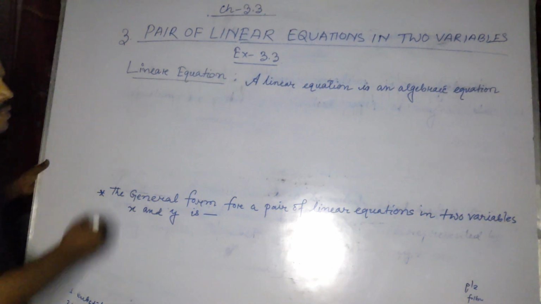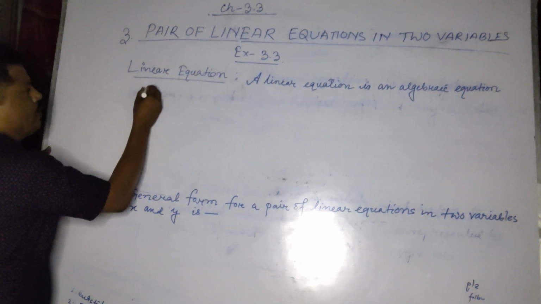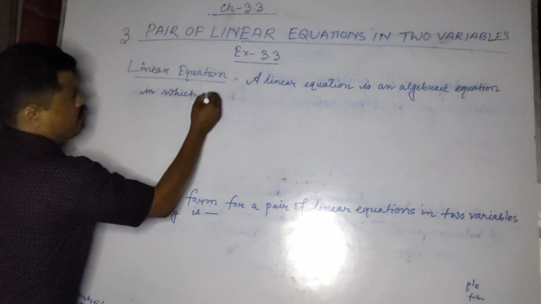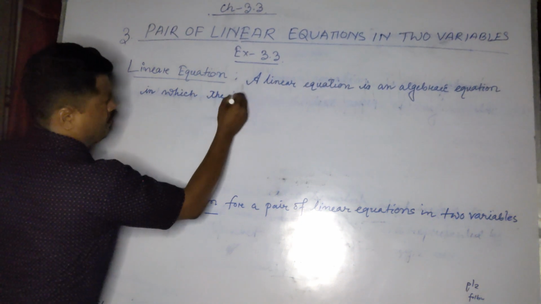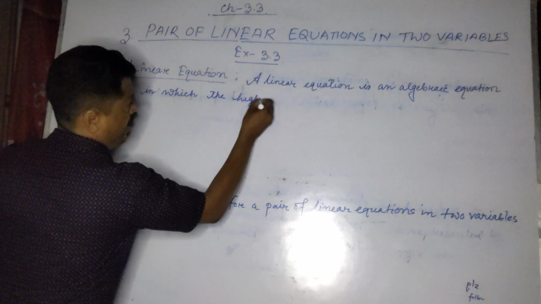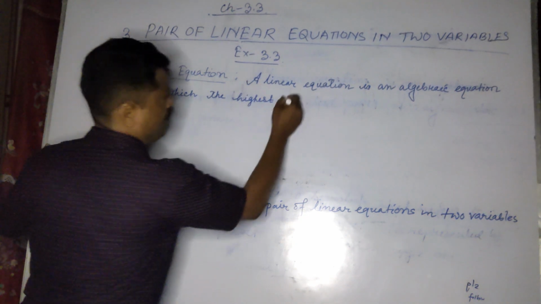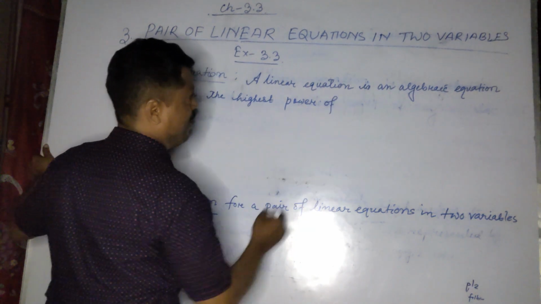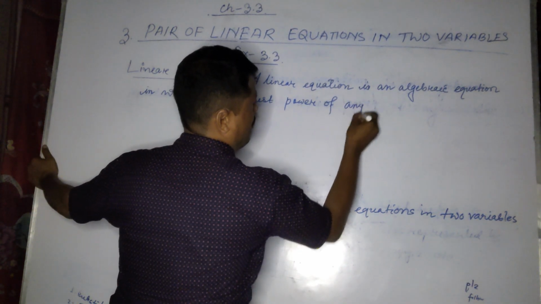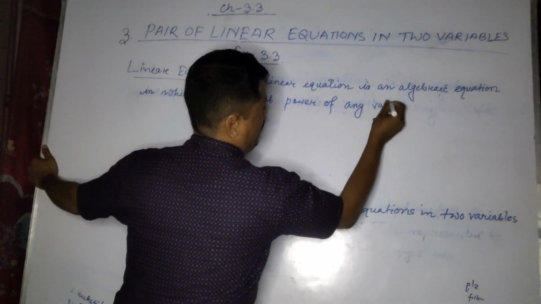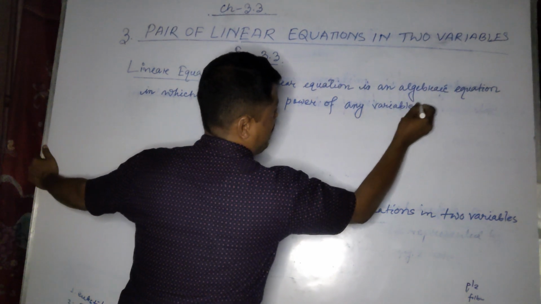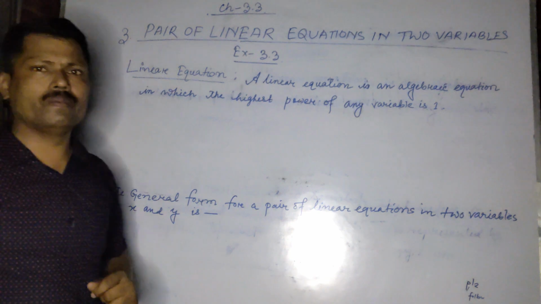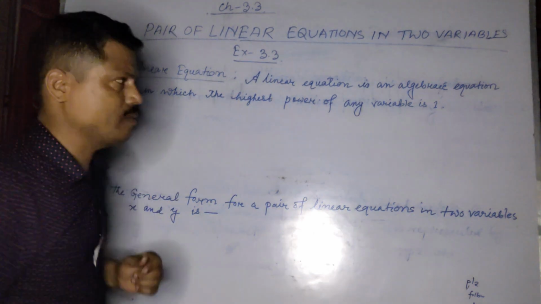A linear equation is an algebraic equation in which the highest power of any variable is 1. The general form of a linear equation is